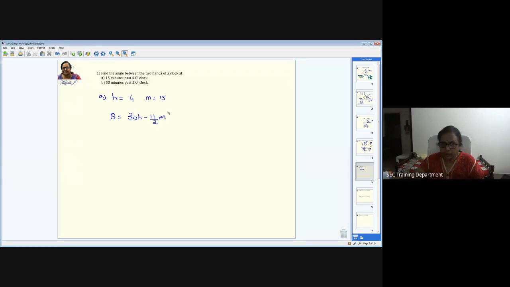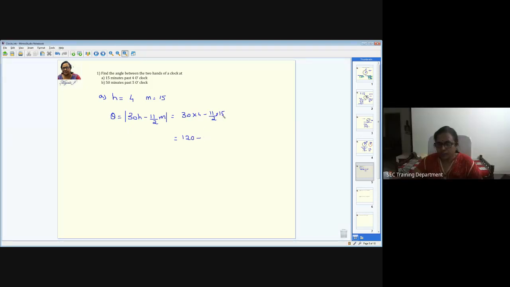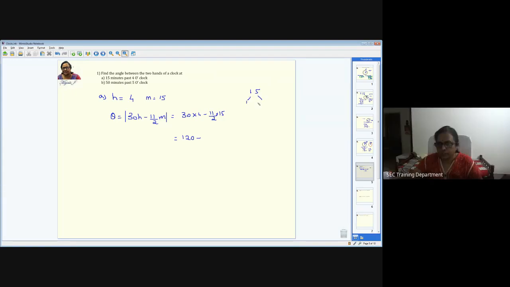And you know that it is in the modulus of this, so negative or positive doesn't matter. You have to make everything positive. So you just apply this: 30 into 4 minus 11 by 2 into 15. This is 120 minus 11 into 15. You know 15 into 11: 5 will come here, 1 will come here, and 1 plus 5, 6 will come in the middle. So it's going to be